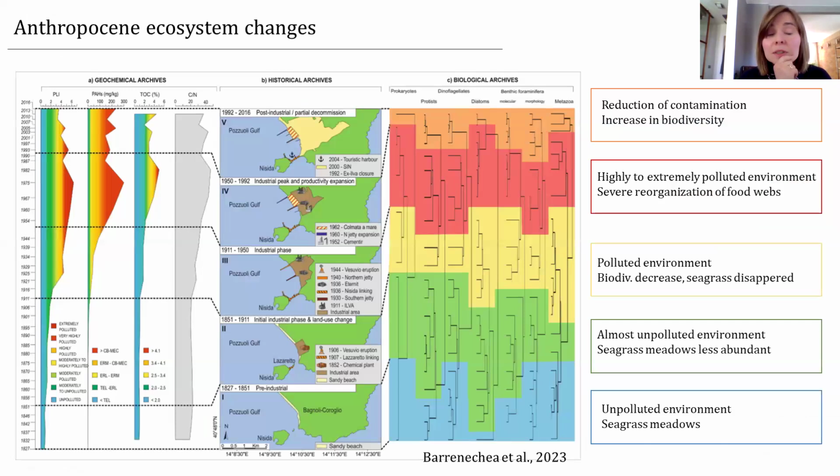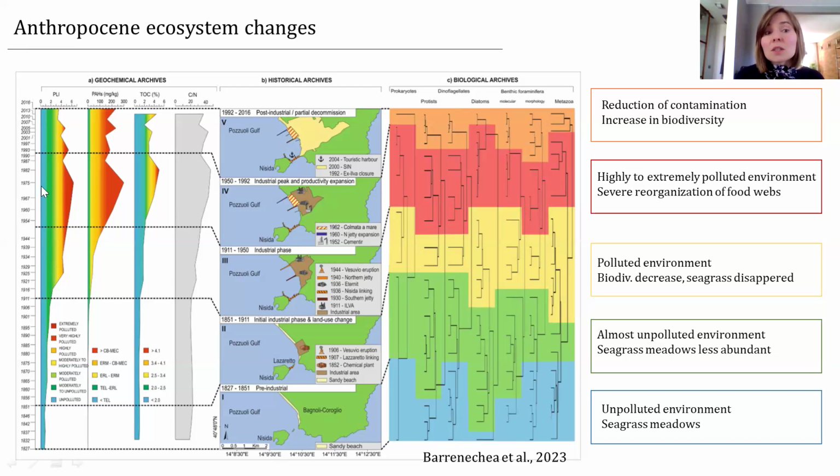Here's an example of a very nice, very interesting reconstruction, a combination of the analysis of the sedimentary ancient DNA record and applying this record in creating biodiversity indices of the ecosystem state. Because most of these indices nowadays are based on morphological studies, on the morphological analysis of the species composition in the area. And based on this, indexes are created.